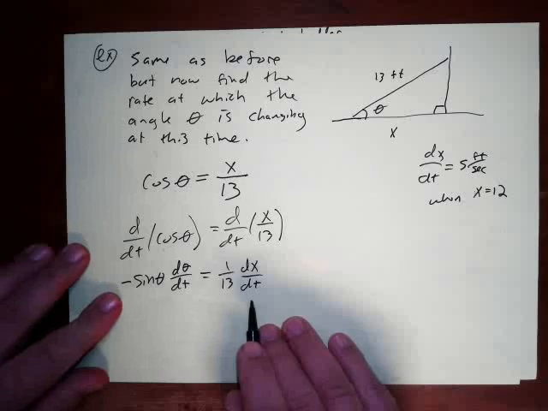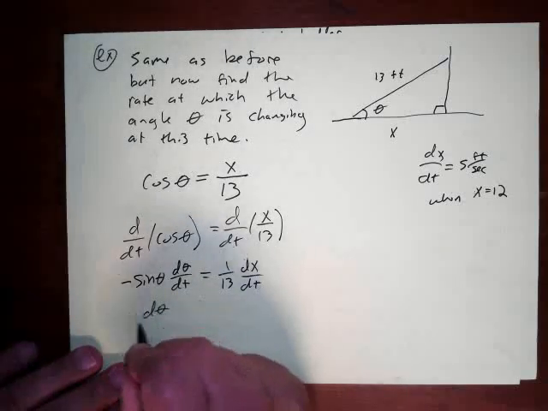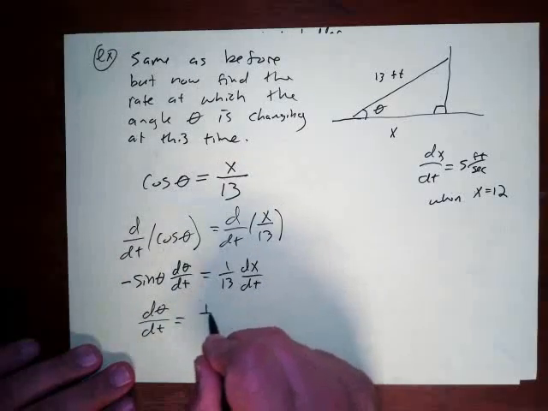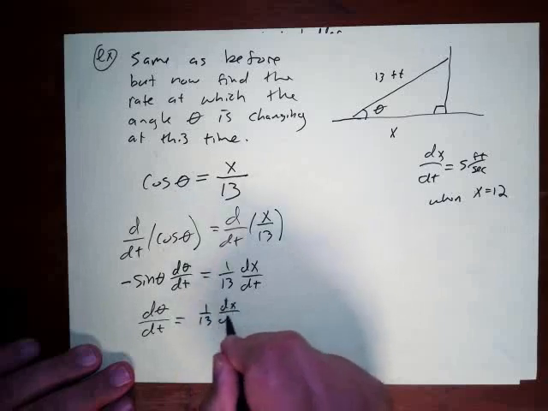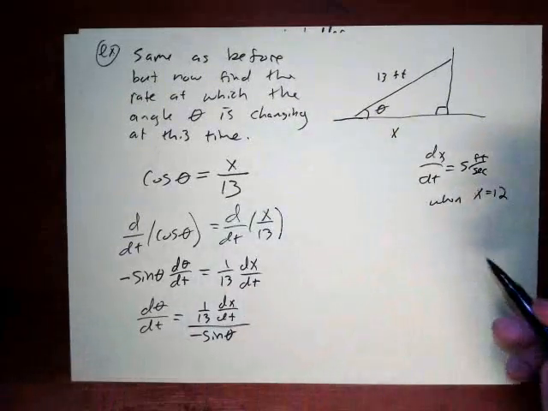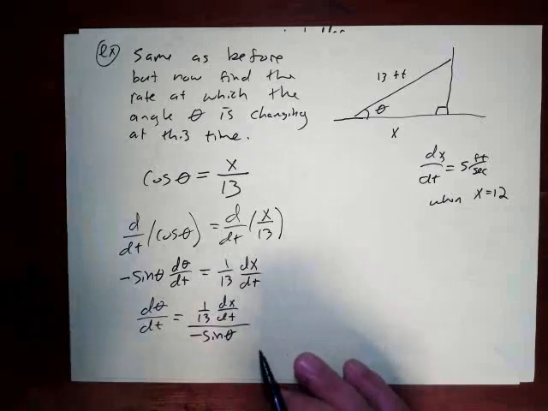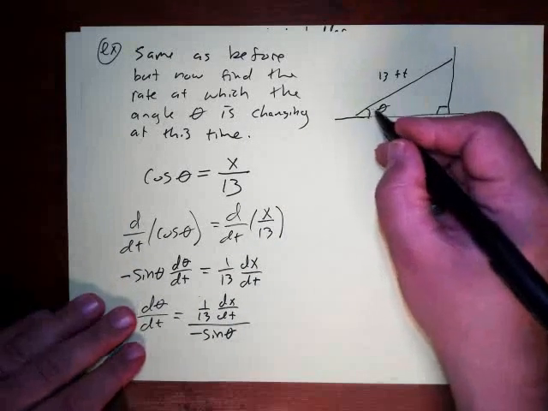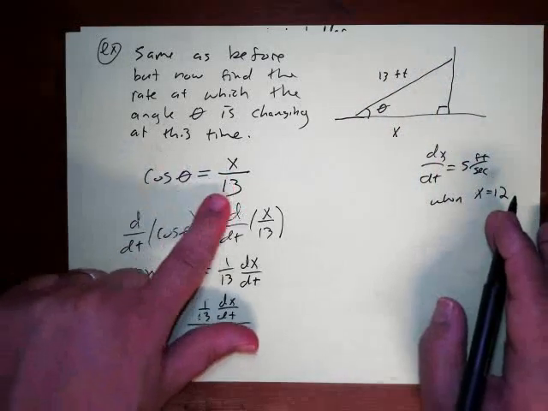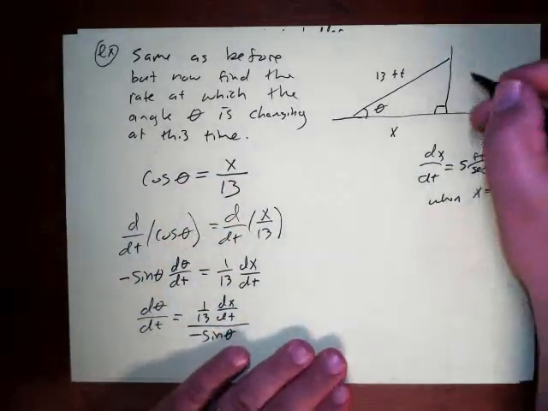And so I'm going to bring this down, so this will be d theta/dt is equal to 1 over 13 dx/dt all over the opposite of the sine of theta. Now the thing is, I need to know what the sine of theta is. So a couple things. I suppose you could find theta at that moment, right? You could put 12 here and find what the theta would be for cosine theta. But probably the better thing to do is